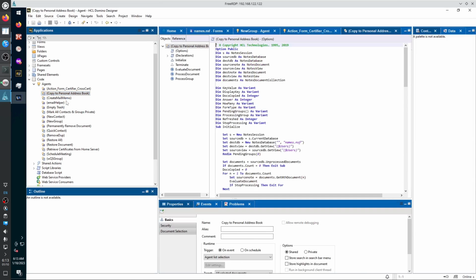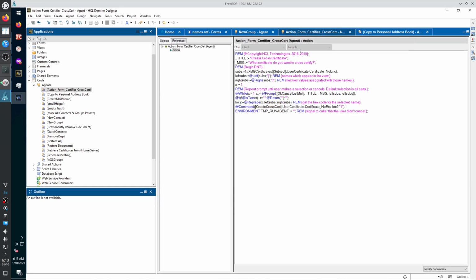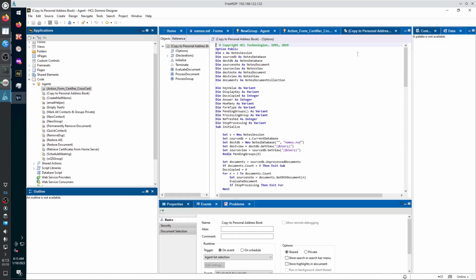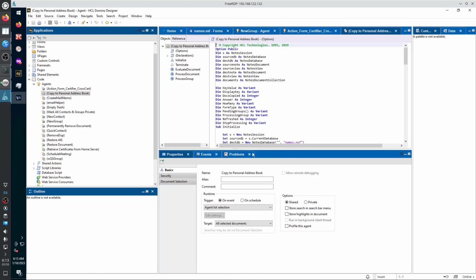Okay, this is an ActionScript agent. So for the agents that are written in ActionScript, not in formula language, you have additional options. So this is the JavaScript, the Lotus script